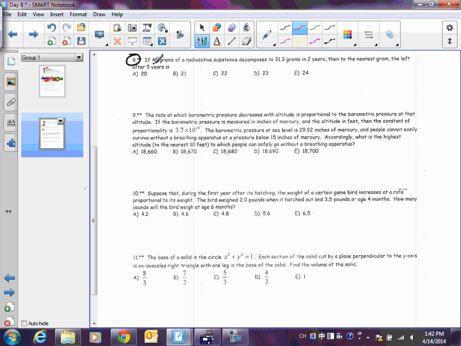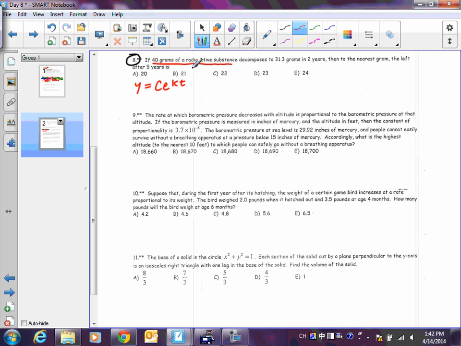And we see on this that we have grams of a radioactive substance decomposing. This is how you know this is going to be one of those exponential growth, or in this case, decay problems. And you got to start with that equation. They're not going to give it to you, you have to know it. But if you know this equation and you have good algebra skills, you can solve the rest of this problem